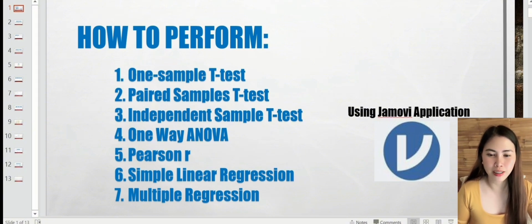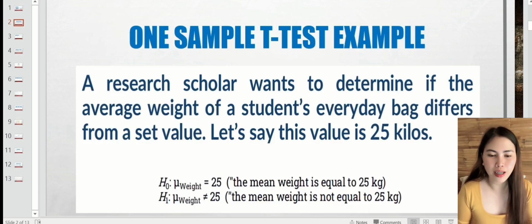So let's start. I do have a sample here for the one sample t-test. A research scholar wants to determine if the average weight of the students' everyday bag differs from a set value. Let's say this value is 25 kilos. So let's put the data. Meron ako mga data. So here,